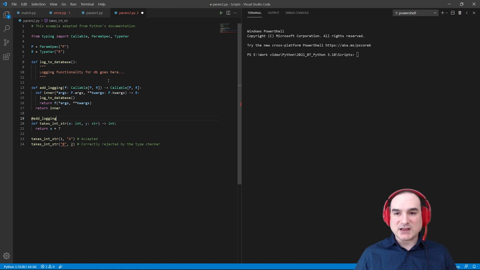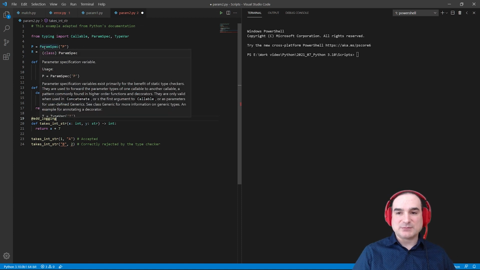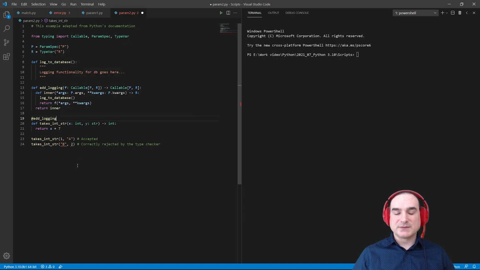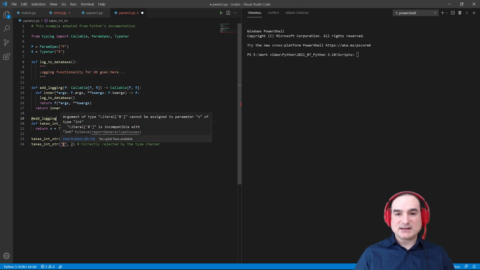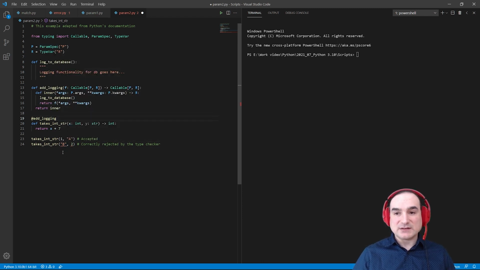ParamSpec lets us indicate where to capture positional and keyword arguments, so that the types of the arguments can also be correctly propagated through the decorator. Now, our second erroneously typed function instance does get caught by the linter, which is as it should be. The first one, which has correct types, is okay.